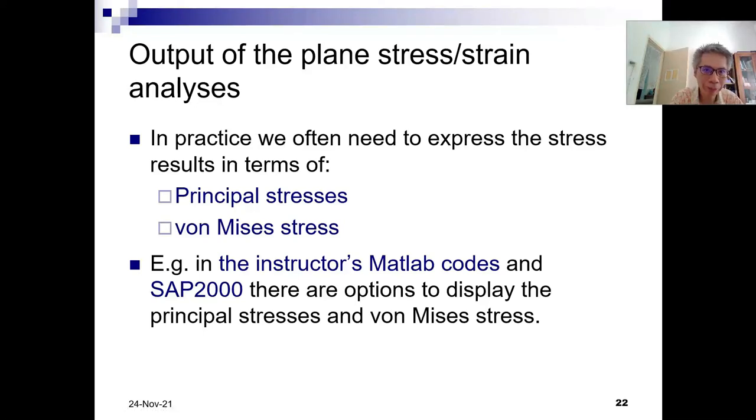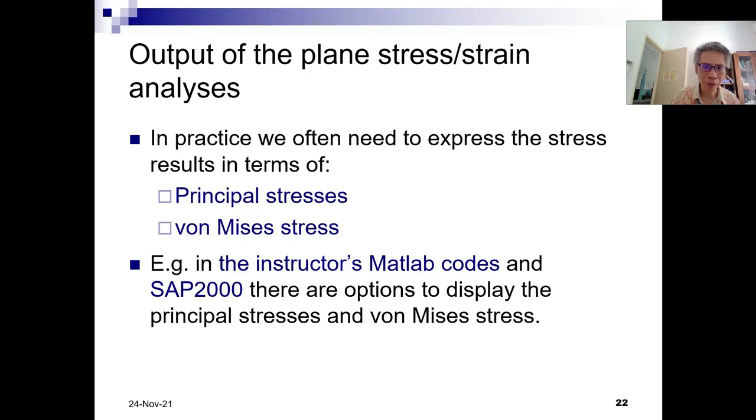Let's continue our lecture. If we have a plane stress or plane strain model, and then we perform analysis using a computer, what is the result expected? The displacements to express the deformation of the body, and also the internal stresses, right? And normally, if we work in Cartesian coordinates, the internal stresses are expressed in terms of Cartesian components. That's sigma x, sigma y, and tau xy, right?